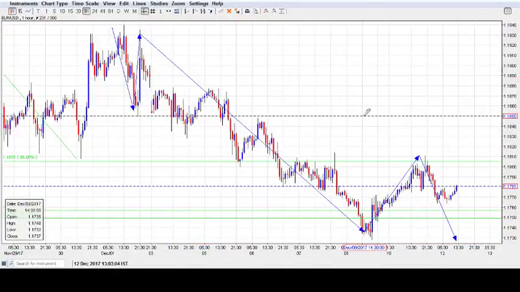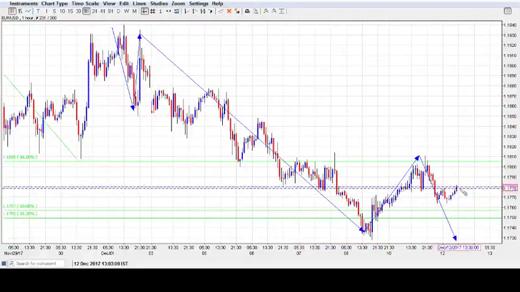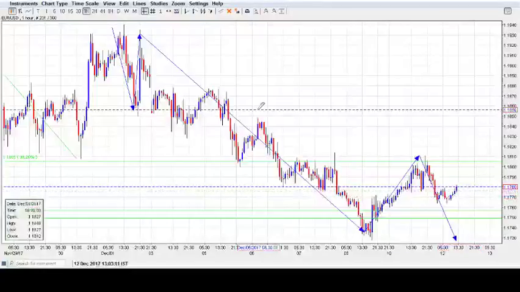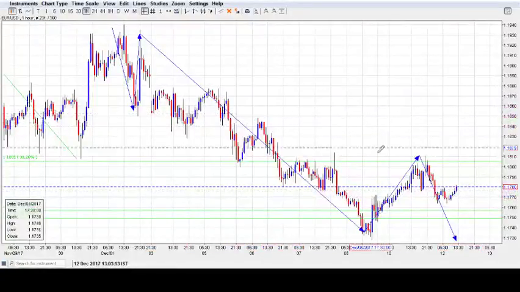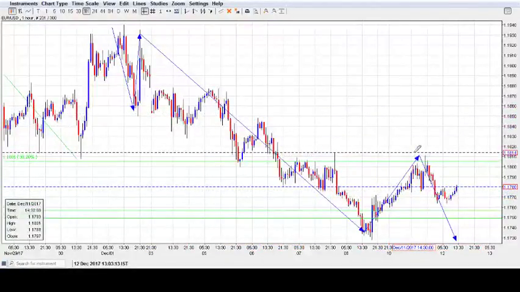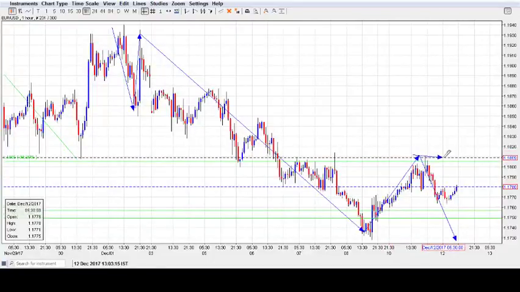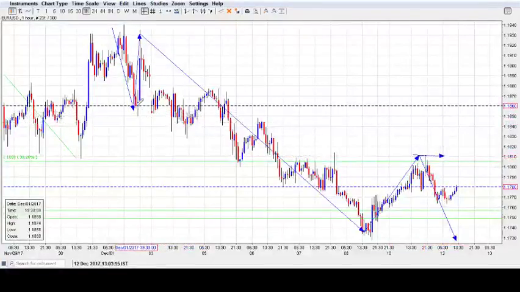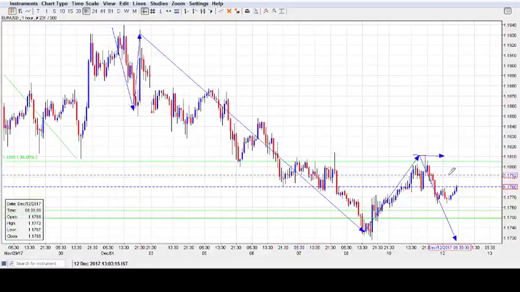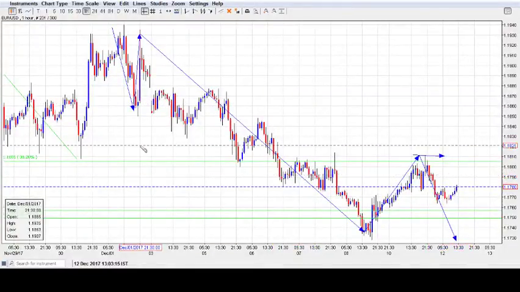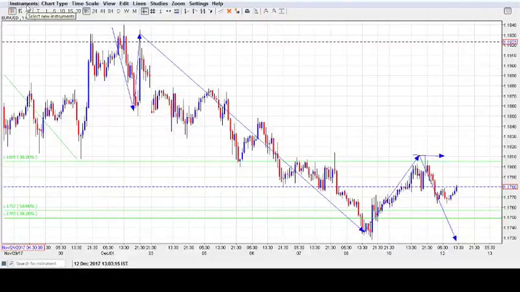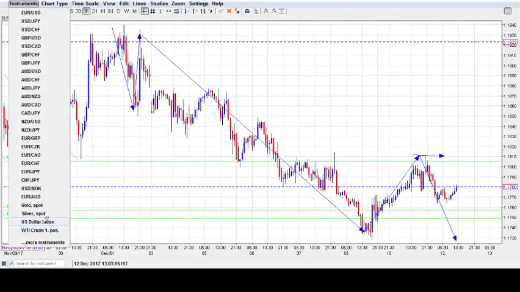To cut it short, look to sell euros on rallies, or you can sell it now as well. That's fresh, and place your stop loss right above 1815. To be very safe, you should be placing around 1860 and targeting around 1.1710. All right, let's move on to the dollar index now.